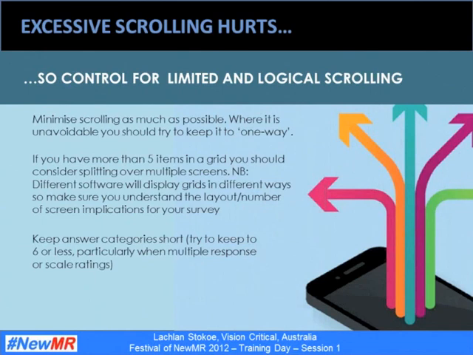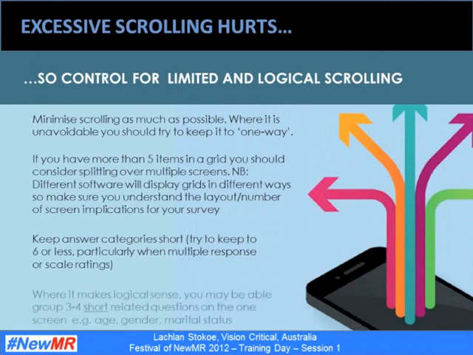In these cases, scrolling can potentially influence the number of responses that are selected or the rating given for a particular response, given that often they need to be answered in the context of the other responses available. So if the person doesn't scroll, then they may forget about what they rated at a previous attribute, or if they are scrolling up and down, it becomes laborious for them to constantly go back and check what they've answered.